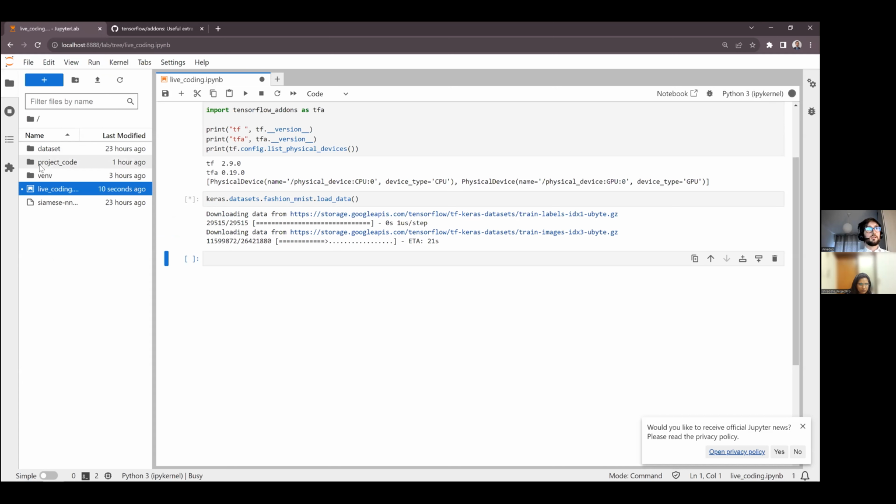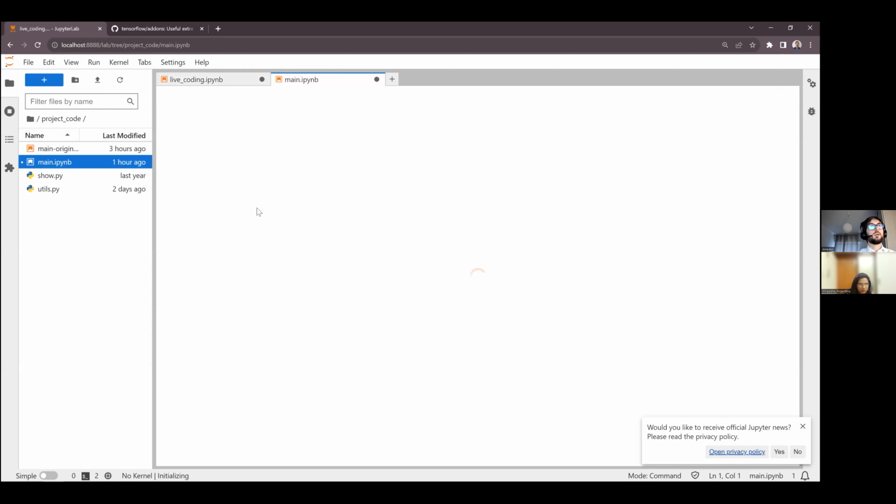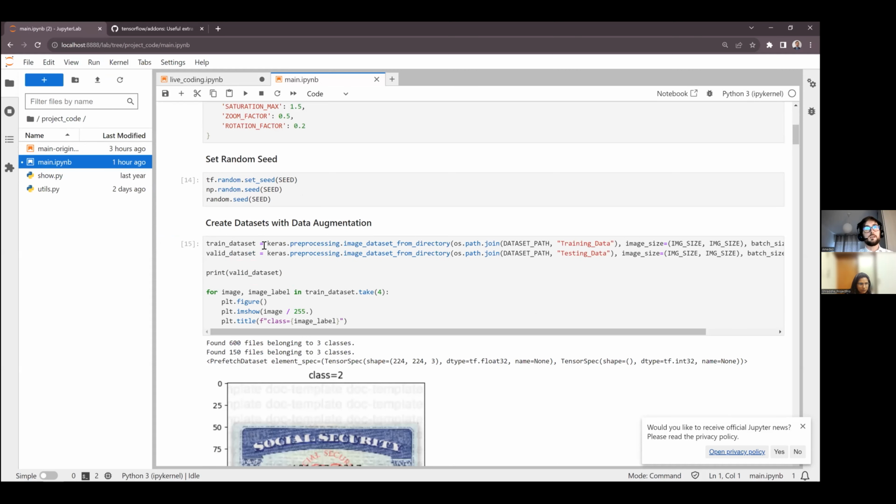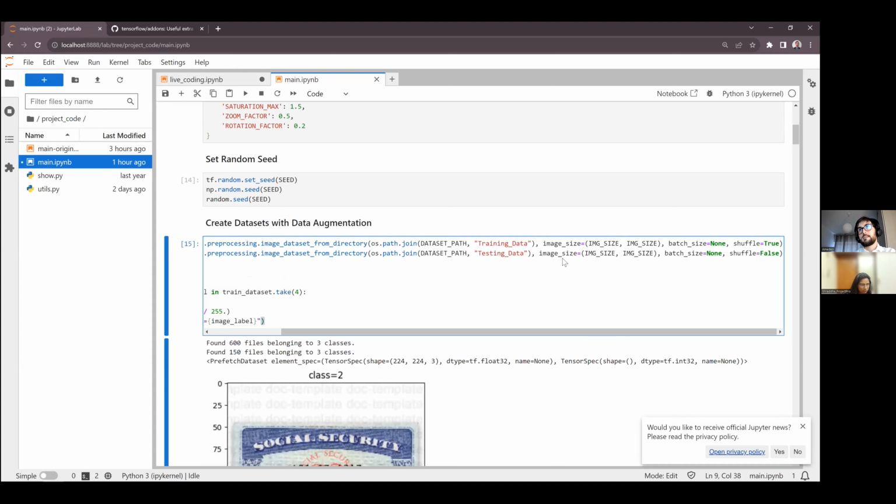my folders, if you want. This is in the original material from the course. You can see there is this utility function, image dataset from directory, where you simply have to put the name of the main directory, the training data or the testing data directory, the image size that you want to keep. So you have to define how the images will be resized, and then you can put the batch size,